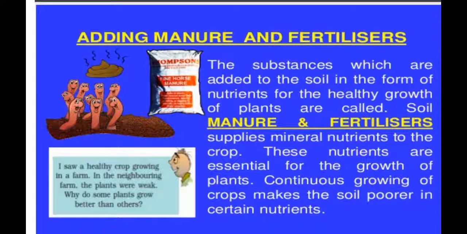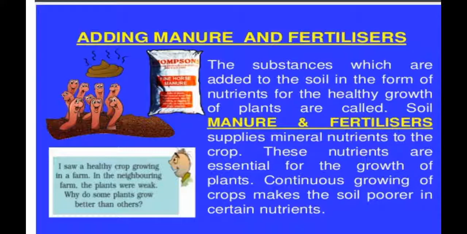Then we can go for intercropping, or mixed or multiple cropping. Like you have seen in front of our school ground, the farmer grows two crops at once, one of cotton and one of tur. That is called intercropping. They use two crops at once so that whatever nutrients are required by the soil can be supplied by using a leguminous or a cereal crop in between in the field.